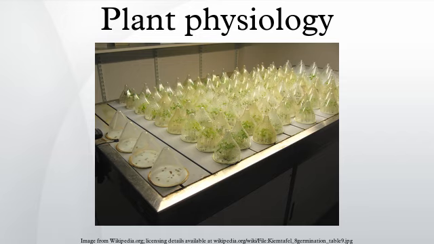Current research. One of the leading journals in the field is Plant Physiology, started in 1926. All its back issues are available online for free. Many other journals often carry plant physiology articles, including Physiologia Plantarum, Journal of Experimental Botany, American Journal of Botany, Annals of Botany, Journal of Plant Nutrition and Proceedings of the National Academy of Sciences.